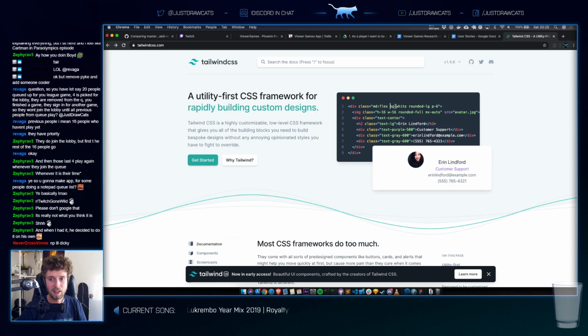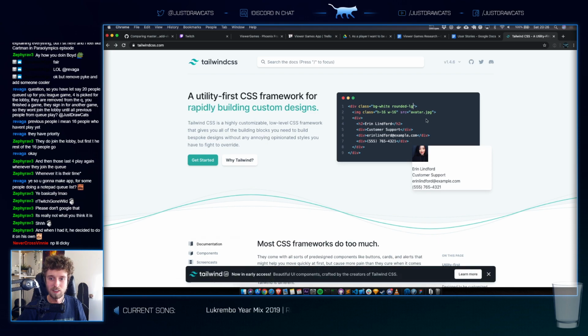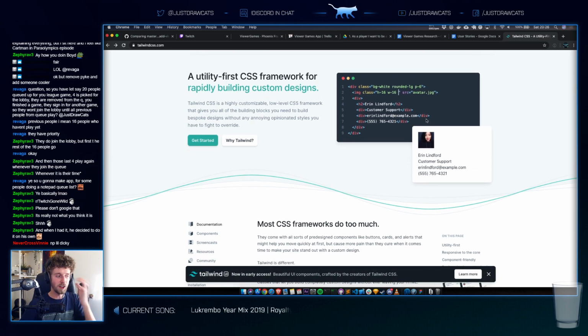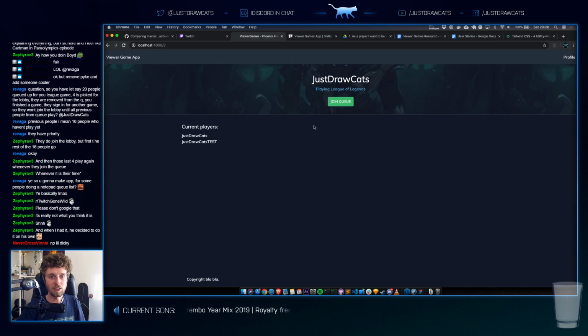So the background here is white. It has large rounded corners. There's a padding of 6. There's a height of 16 and a width of 16. And then on medium-size browsers, it's gonna be height 24 and width 24. It's fully rounded. So it's very clear what you're doing, and it's easy to bootstrap stuff.